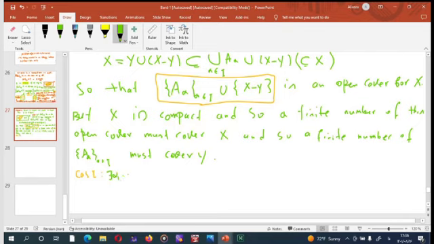There exists alpha 1, ..., alpha n in I such that X is a subset of this union. Okay, this finite cover does not contain this element. In this case, since Y is a subset of X, we see that Y is a subset of this too. Okay,